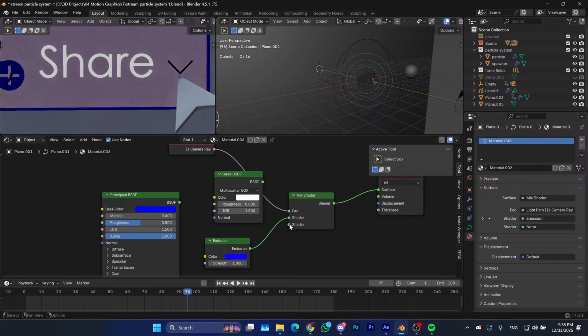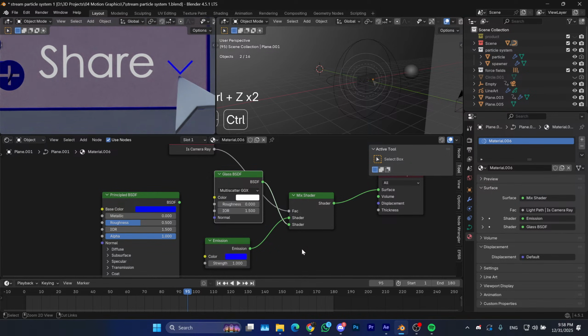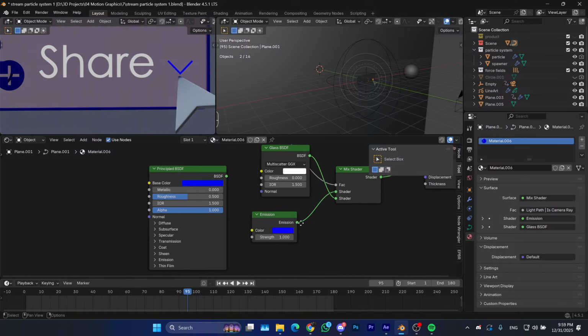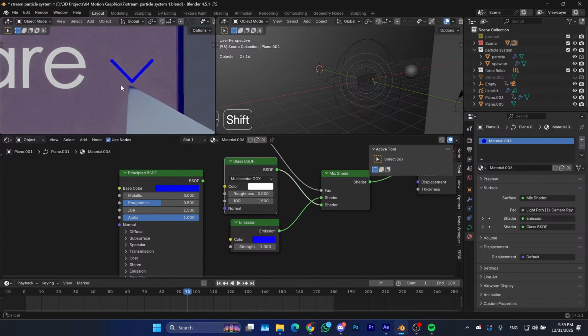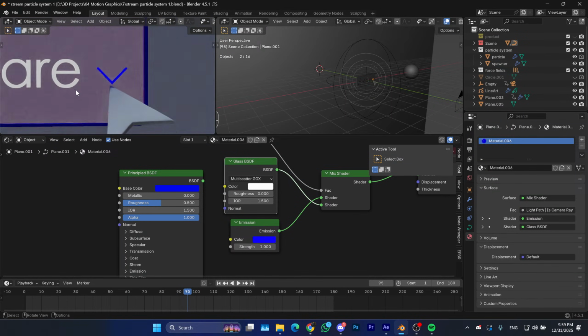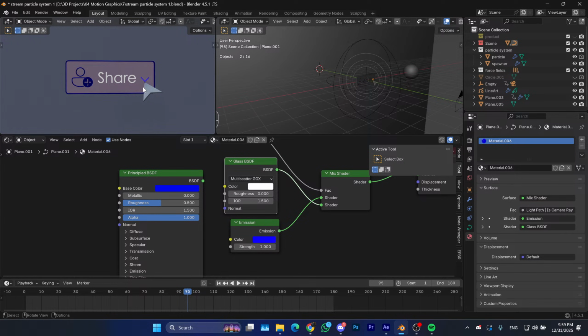Okay. I don't think there's a difference. Yeah, there is no difference. But it's okay. I think this is good. There is not really much of a noticeable difference, except that it's glowing, and it's gonna look better in the